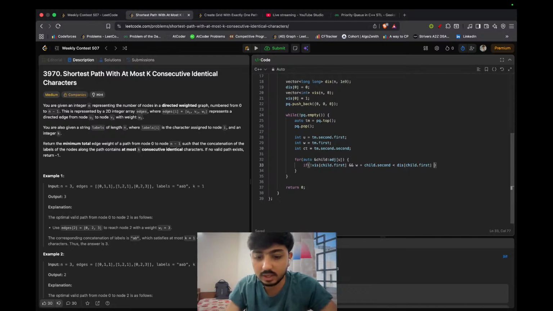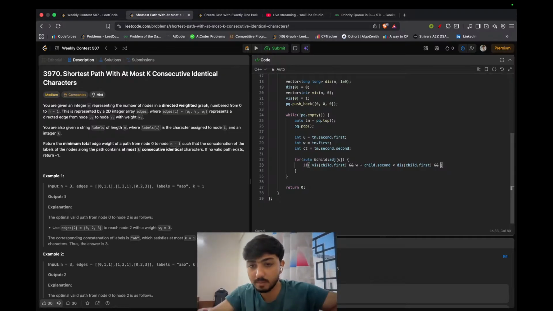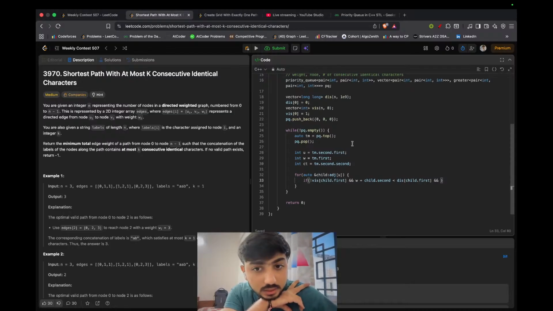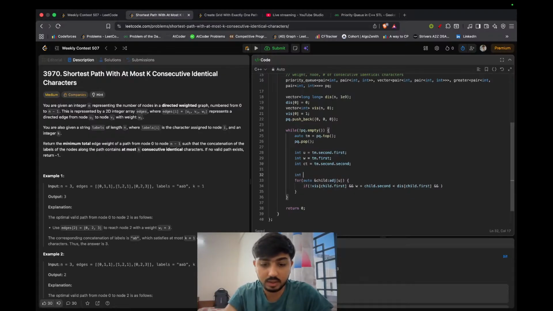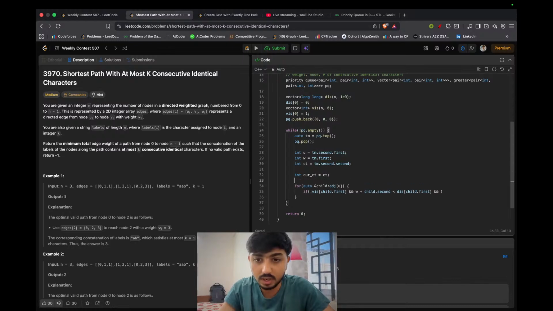Then we are going to visit, and one more condition: number of characters. Also we have to check the number of characters, right? And how we can check that? So now we want which character its parent has, right? So we count here. Current count is zero. It's actually count. And if parent, that is U,